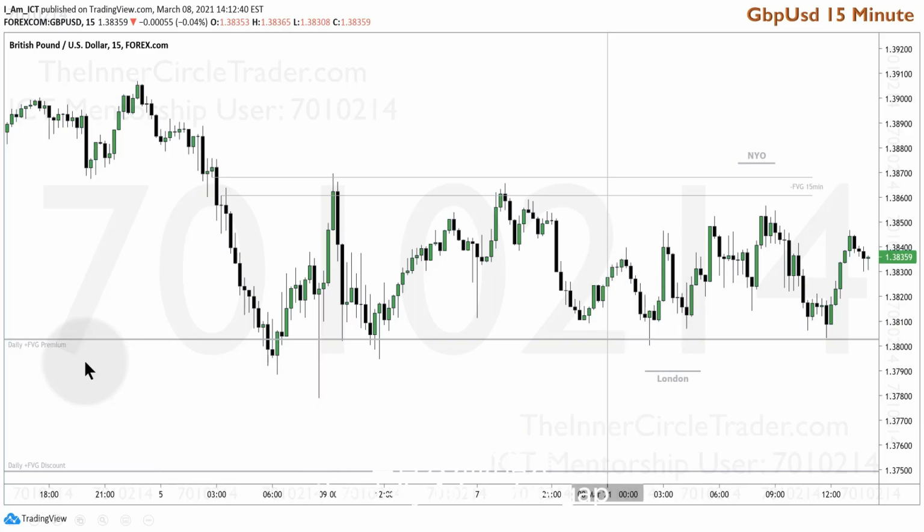to the daily fair value gap premium level. This is the daily fair value gap discount level, so you can go out to your daily charts and find those respective levels. London open, find some support at that fair value gap,